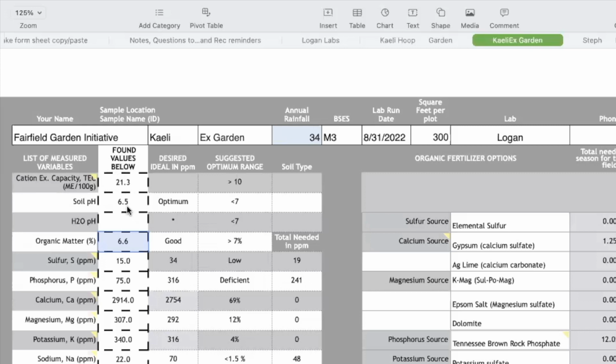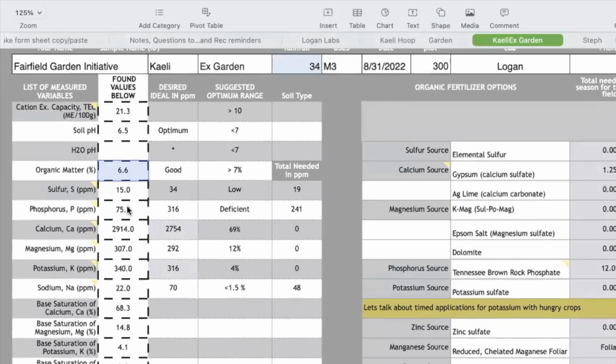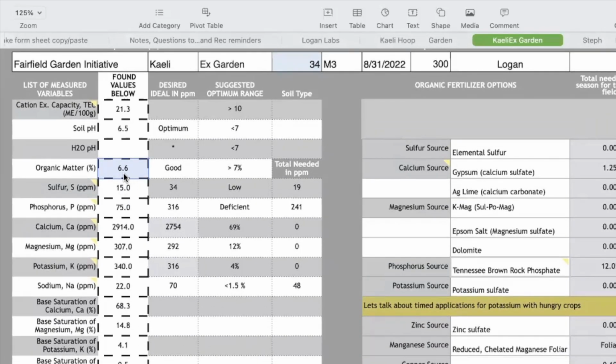6.5, awesome. Ideal pH is going to be between 6.4 and 7 or 7.2, but most of your nutrients are available in that range. And yeah, you just have a lot more room to play if your pH is in that range. Organic matter, obviously you can kind of see that it's a little bit lower, but you haven't been amending this area with compost for a couple of years. And so it's good,